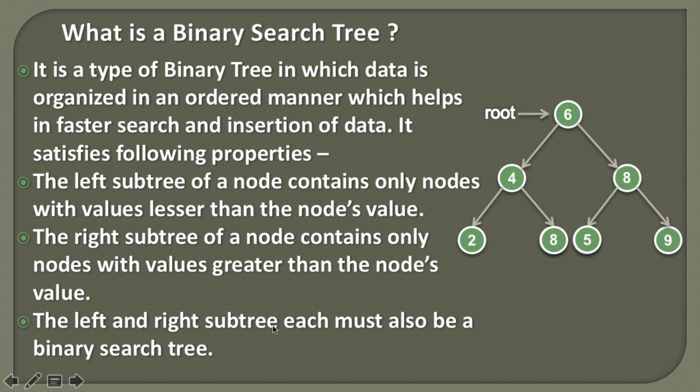So friends, if all these 3 properties are satisfied by each and every node of a binary tree, then it becomes a binary search tree. These 3 properties make the search and insertion of data faster, because